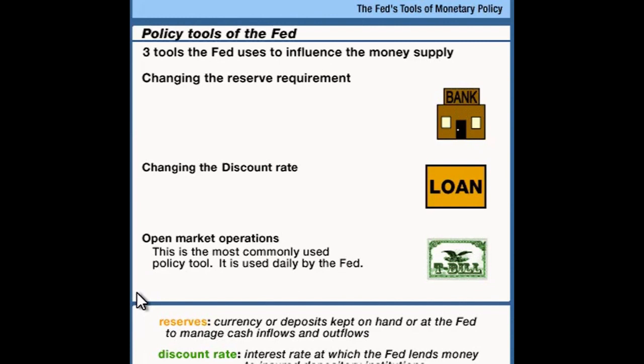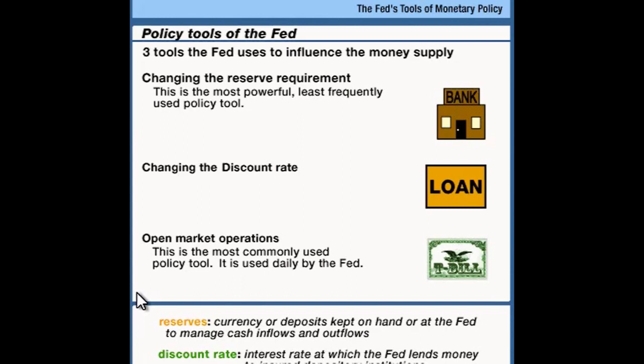Using the reserve requirement to try to fine-tune the economy is kind of like swatting a gnat with a sledgehammer. The reserve requirement has huge, far-reaching consequences. It has a kind of multiplier logic to it, and therefore any small change here can result in a big change in the money supply that's not easy to control. The Fed is most likely to change the reserve requirement during a period of rapid inflation or very deep recession.